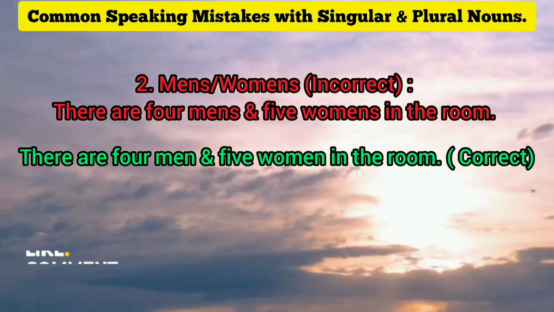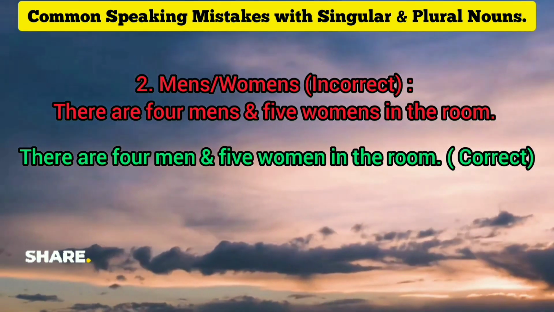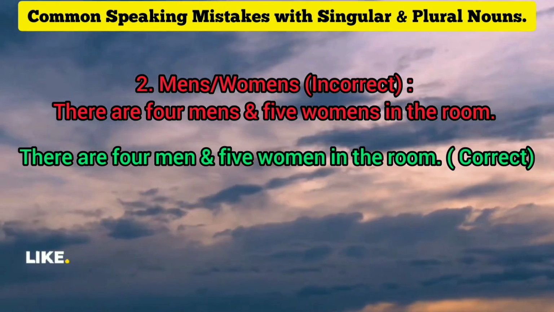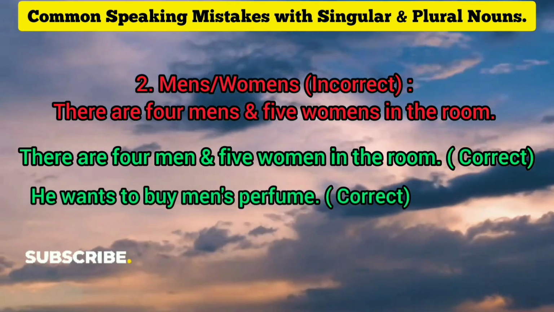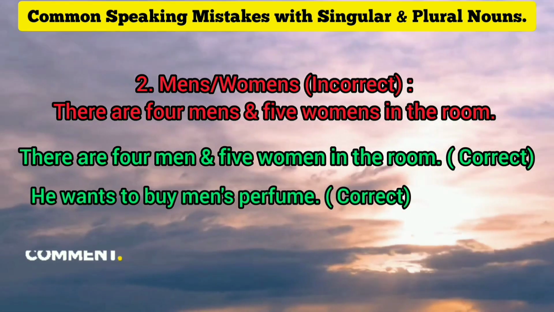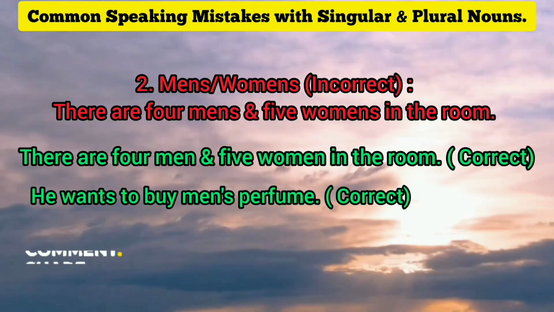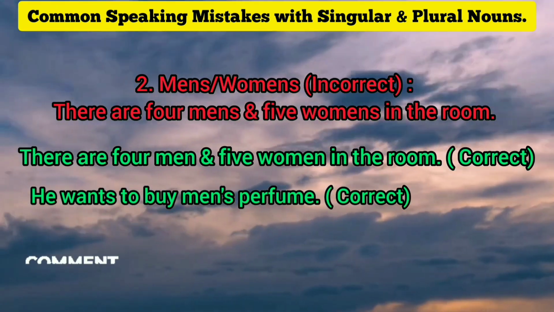It's wrong, but we can add apostrophe s when you want to talk about something related to someone. As you see in the example, he wants to buy men's perfume. So here I'm using apostrophe s, not adding a normal s. You can obviously add an apostrophe and say men's perfume,